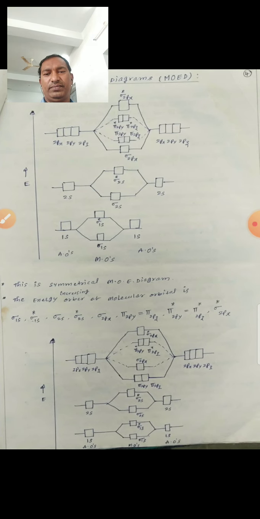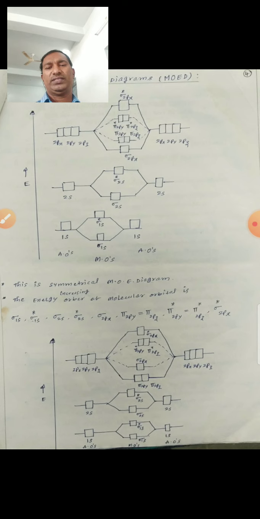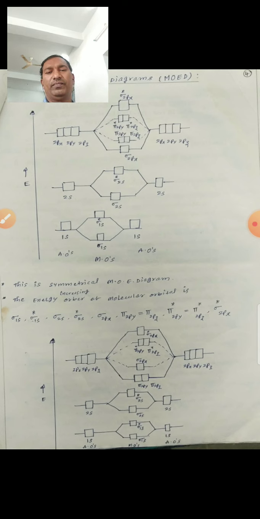Next, see the diagram below. The 1s atomic orbitals combine to form 2 molecular orbitals, the 2s orbitals combine to form 2 molecular orbitals, and the 3 p orbitals and 3 p orbitals, total 6 p orbitals, combine to form 6 molecular orbitals. The energy of these 6 molecular orbitals is somewhat different here. The order of only these 3 orbitals changes, stepping down and stepping up between symmetrical and unsymmetrical diagrams.